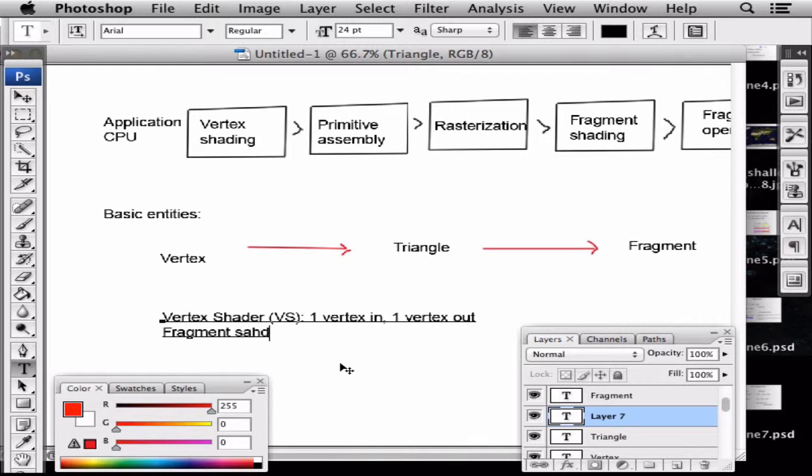Fragment shader, FS usually called. Well, that is exactly the same actually, but just with fragments. Now this word fragment again didn't explain much, I will come to that. You can think of a fragment as a pixel on the screen. It's not exactly the same thing, but it's more or less the same thing.